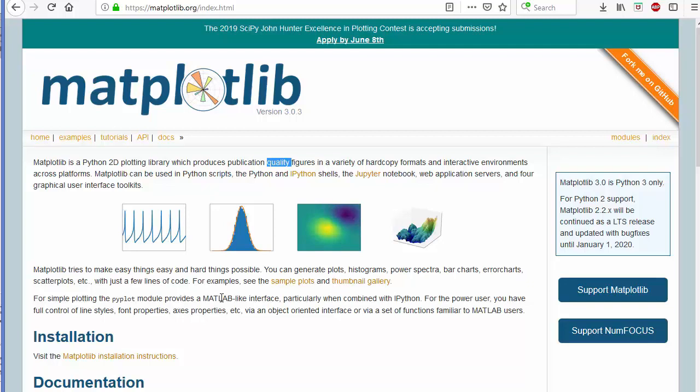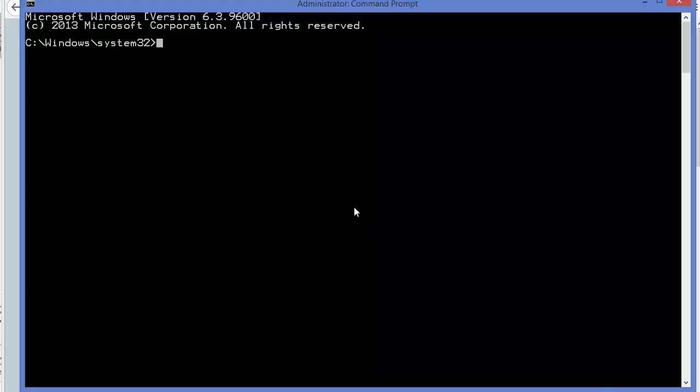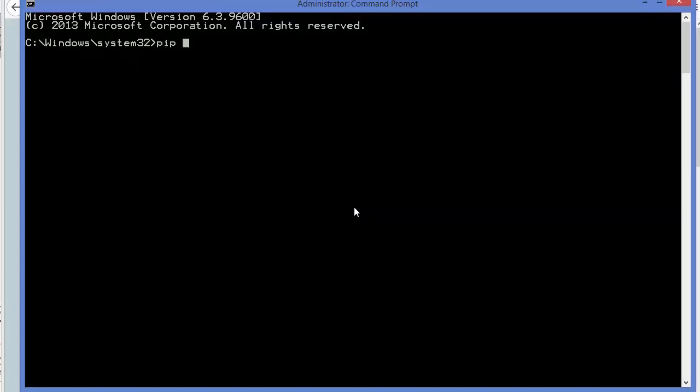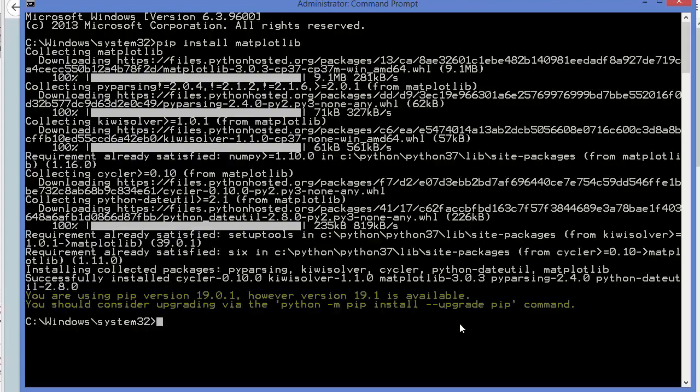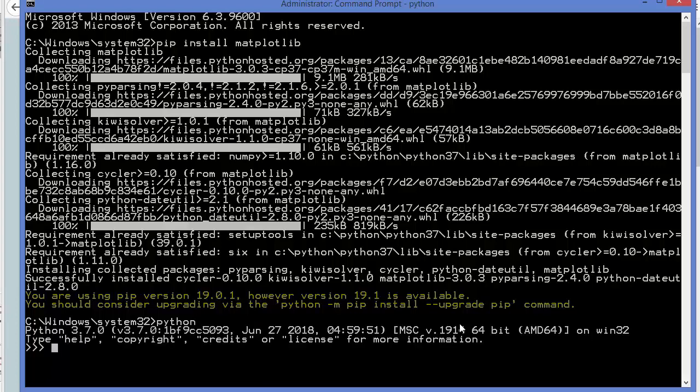use matplotlib with OpenCV. So to install matplotlib using pip, you just need to open your terminal and then give this command, which is pip install matplotlib, and then press enter, and in some seconds this matplotlib library will be installed using pip. So now you can see matplotlib is installed on my Windows operating system, and to check it, I'm going to just give the Python command, and here I'm going to import matplotlib.